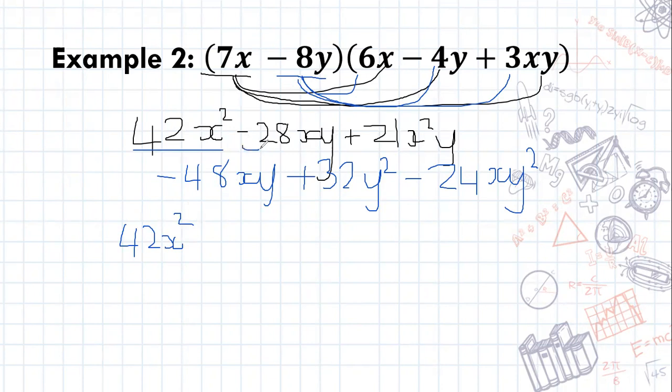Next, I have minus 28xy, and if I go look, I also have minus 48xy. So those two we can add together. Just quickly do it on my calculator. Negative 28 minus 48 gives me negative 76